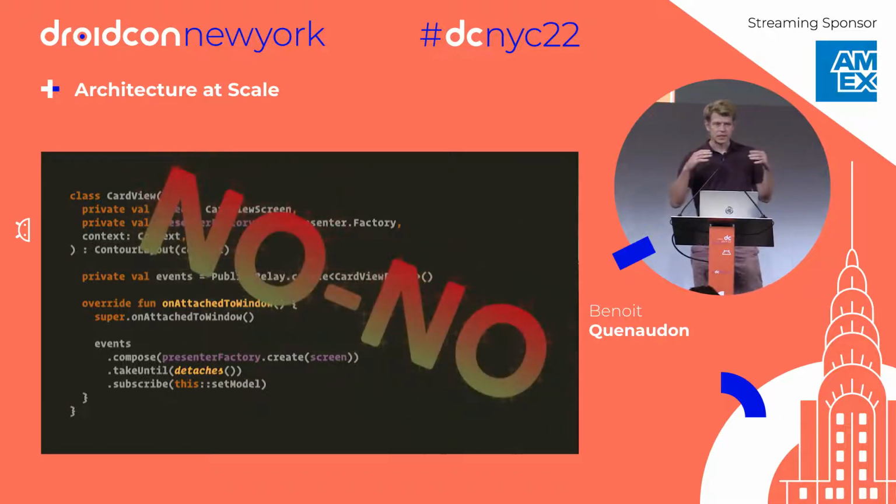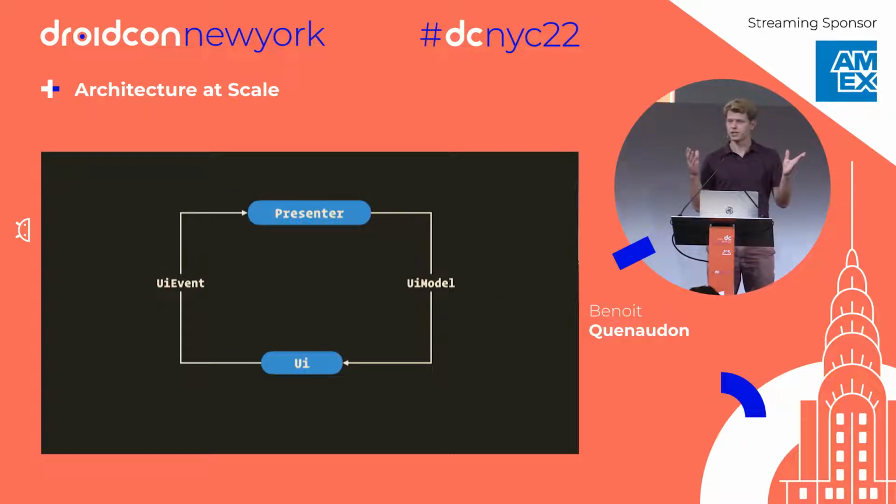Okay. Here is a basic idea that we usually take in mind. We have a presenter which emits UI models. I might call them view models, which means view model, not presenter. And the UI would consume it to render its state. A UI model should be sufficient and contain at the same time all necessary information for the view to render itself. It should not keep state and remember what the previous model was to render the next one. It's just like a pure method, basically. Whatever the situation for the view, if we pass the same UI model, we should get the same rendered screen.